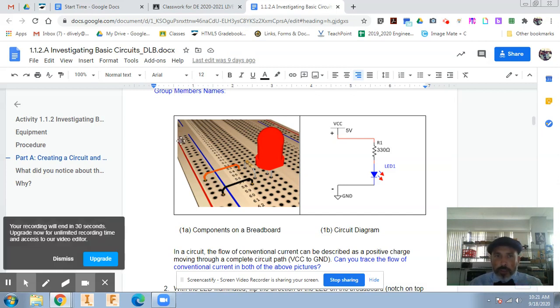So when we power this, this will have 5 volts. It'll come here. It'll go through a resistor. It'll go through this LED. It'll come back through this wire. And now it can get to 0 volts or ground. This is what the circuit diagram looks like using symbols, or you could call it a schematic. We will go over this in more detail with questions